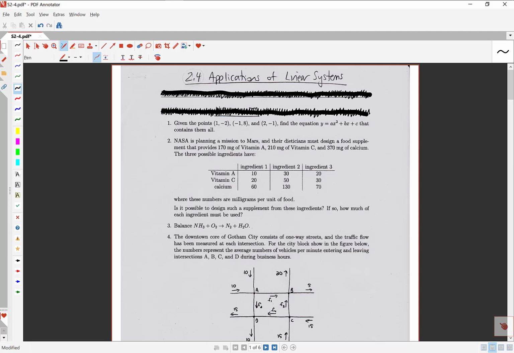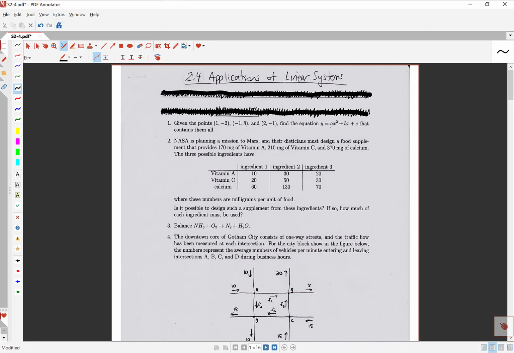In this video, we're going to be looking at applications of linear systems. So we're going to solve 5 real-world problems by solving a system of equations. First problem we're going to look at, let's say we're given 3 points, and we want to find the equation